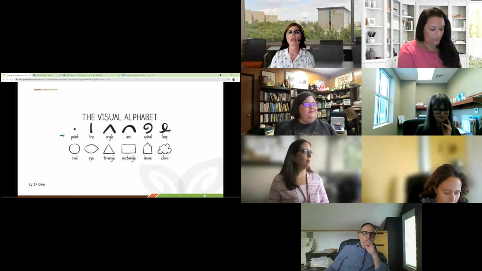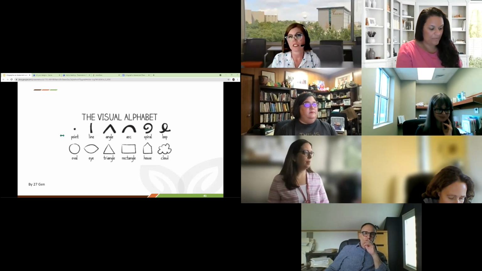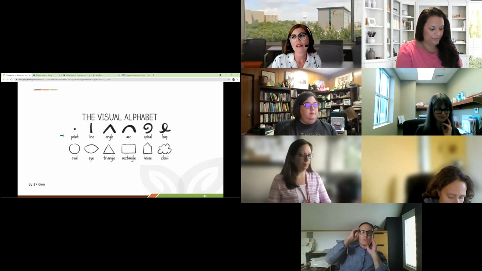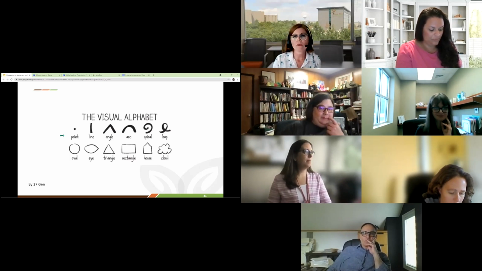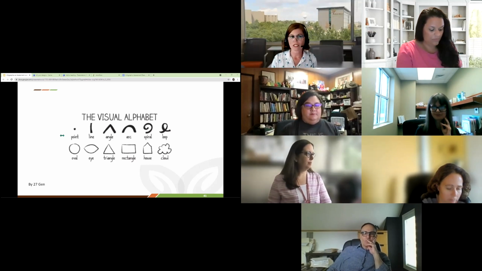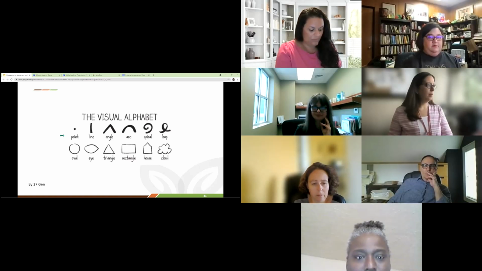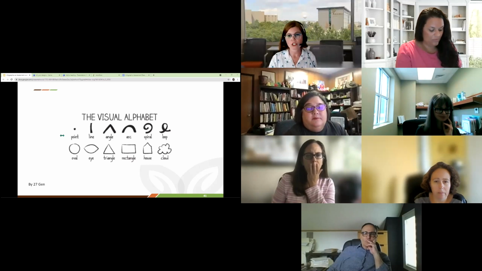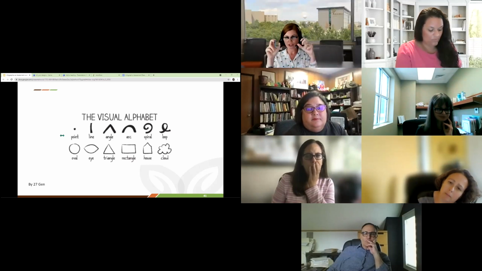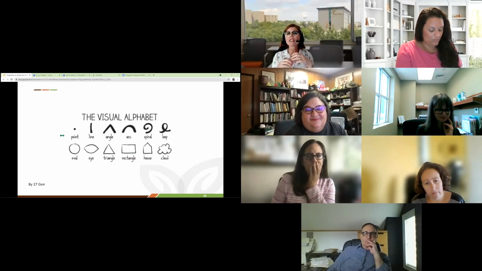I'm going to show you one more tool that you can teach students if you do have them demonstrate their learning visually. And this tool is called the visual alphabet. I learned about this at a conference years ago. The visual alphabet is a tool for those without drawing skills. The alphabet is components of larger images. And the idea behind the visual alphabet is that if you can draw these items or letters, so to speak, then you can draw more complex ideas.